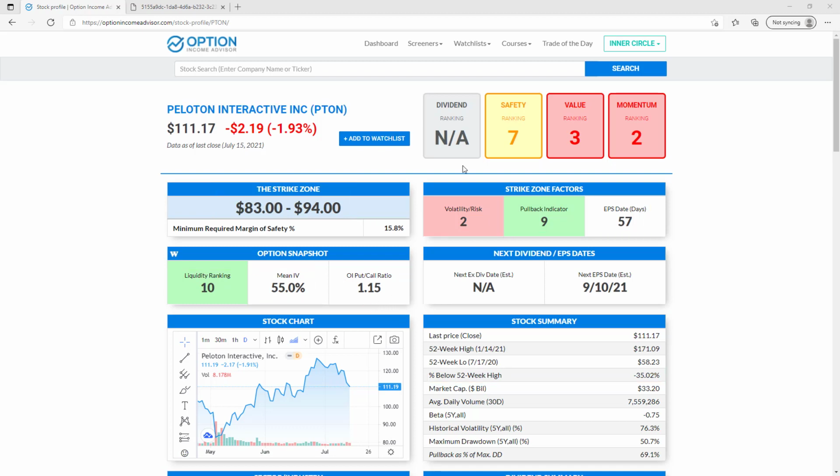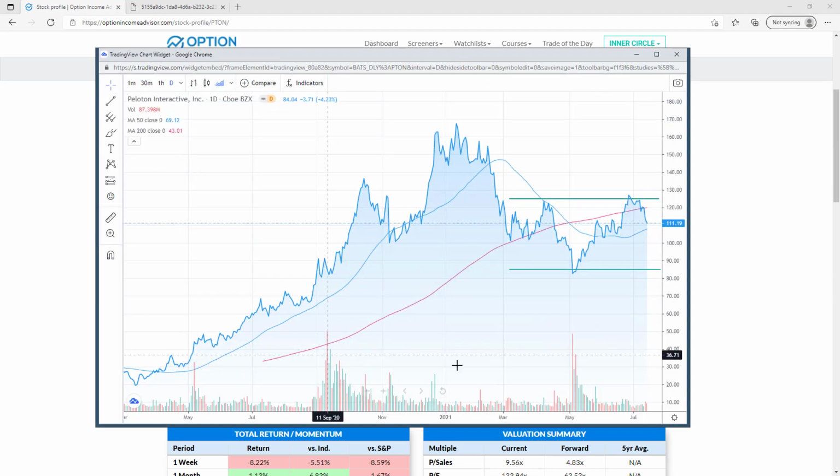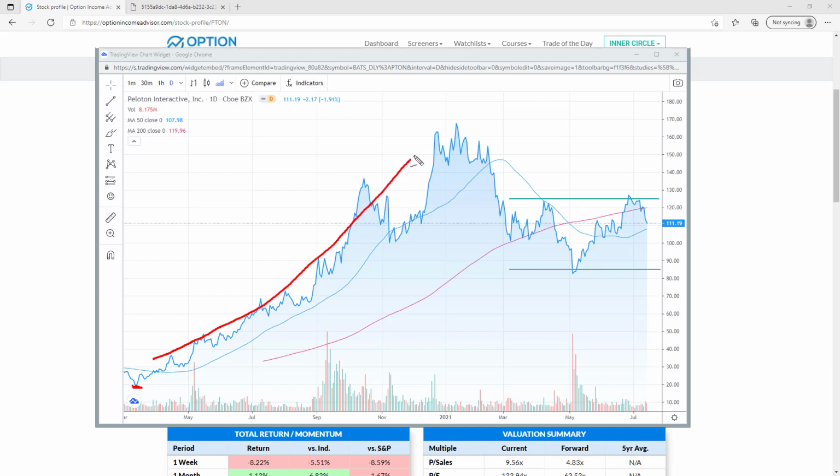So let's actually take a look at the chart. Let me pull that up, so you can see what I'm talking about. Back at the low end, or the starting point of COVID, this thing traded down to about $20 a share, which is crazy, right? And then you can see as COVID took hold,